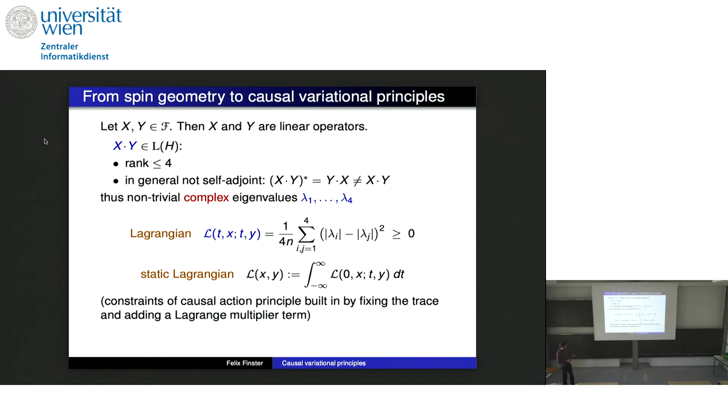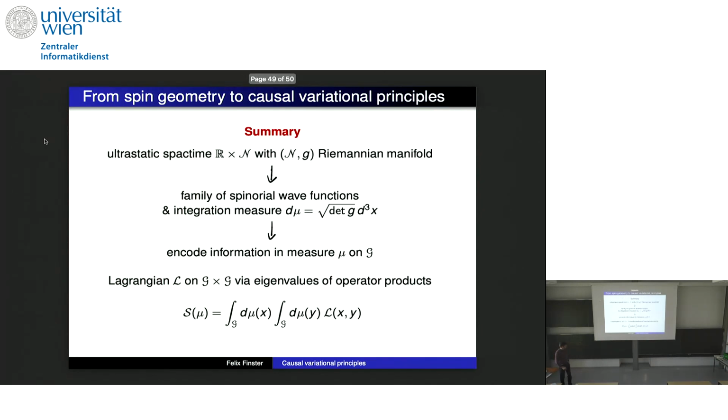And I should say the causal action principle comes with constraints. Well, first of all, the volume constraint, this is the one we keep. But there's also the trace constraint and the boundedness constraint. And they are built in here by fixing the trace and by adding a Lagrange multiplier for the boundedness constraint, just in case you already know the setting. Otherwise, this is not important. Okay, so this is how it works. And let me try to summarize this. So this is my last slide